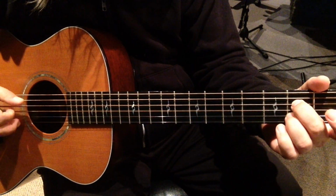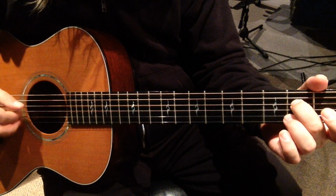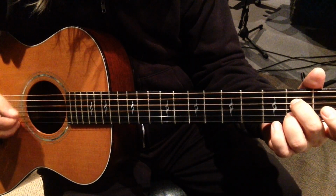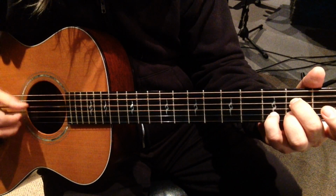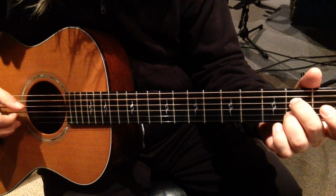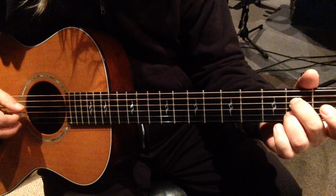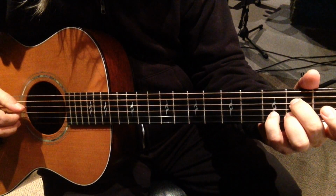1, 2, measure 3, measure 4, measure 5, 6, 7, 8,